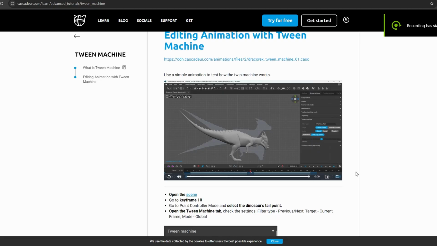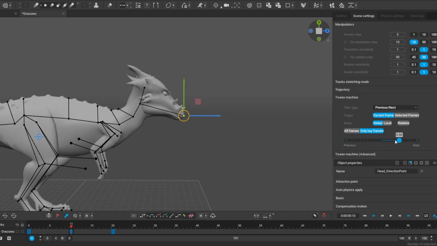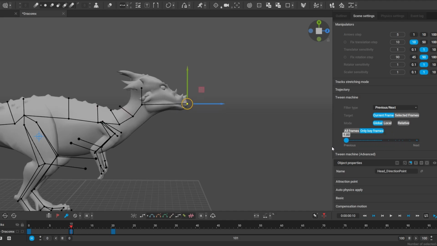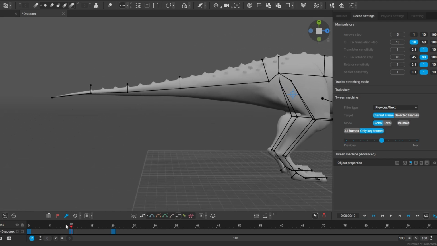So, editing of tween machine. I've never tried this one personally. It's in between the frames. Okay, that makes sense. So the bigger the change is in between the frames, the more that's going to do. Okay. So for example, because the tail is so big, if I do tween machine on this,